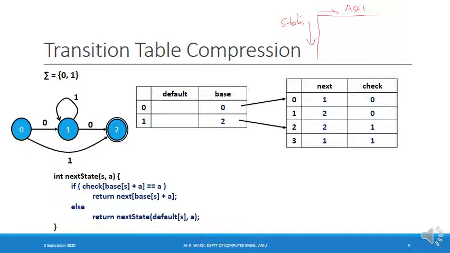For this, the scheme that we discuss is based upon 4 arrays: default, base, next, and check. First of all, we'll understand the purpose of base, next, and check, and later on we'll understand the purpose of the default array.